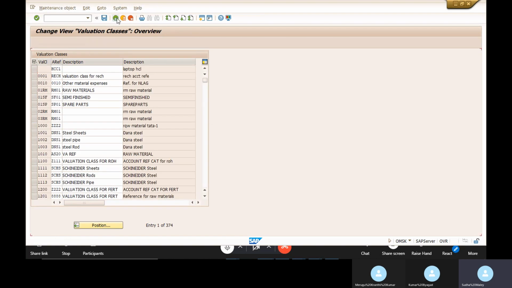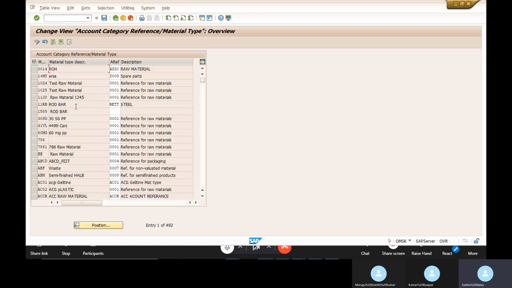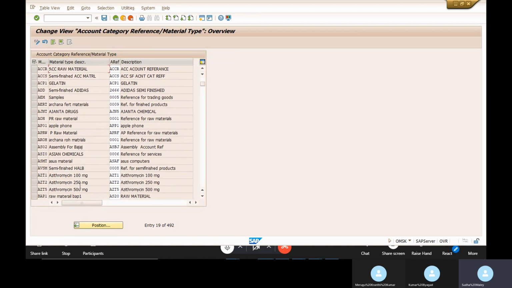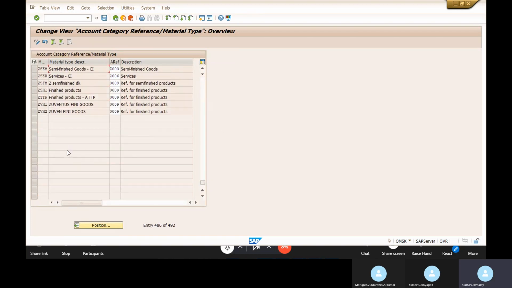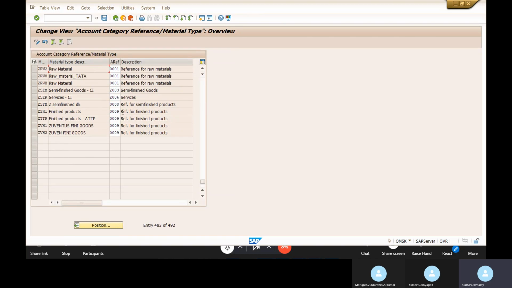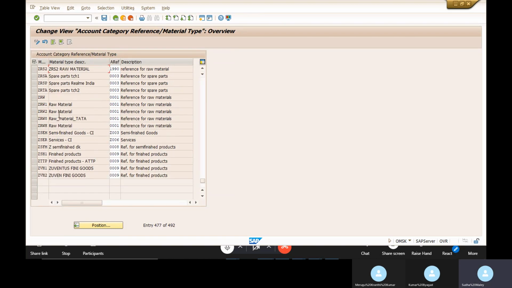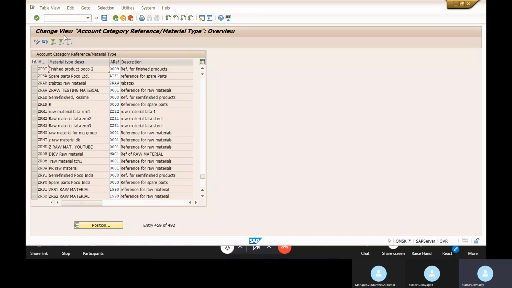In the same way, you need to assign your material type and your account category reference. You cannot create a new material type here, so whatever the old material types are there, you need to assign them to your account category reference. For example, here the ZRAW is there.